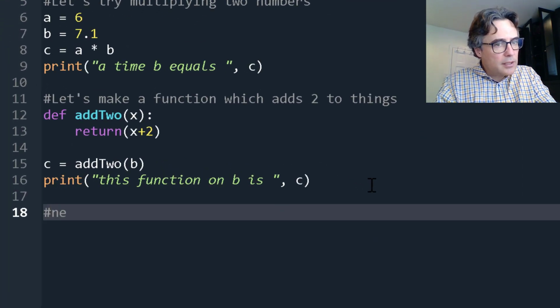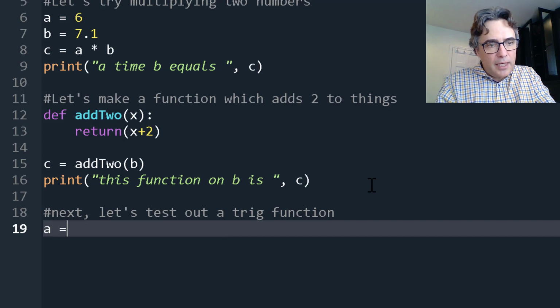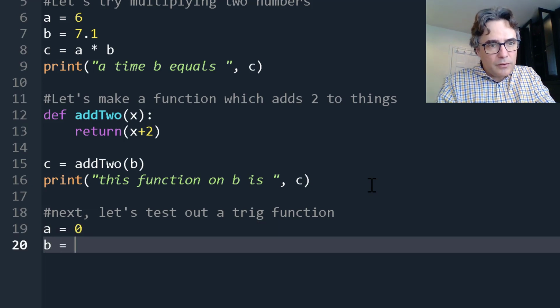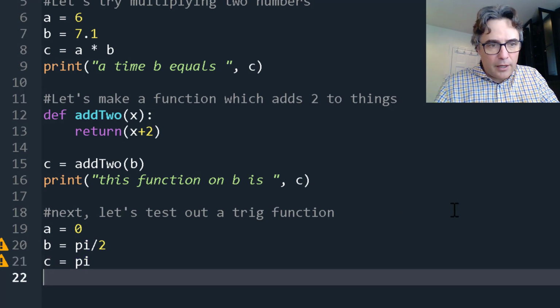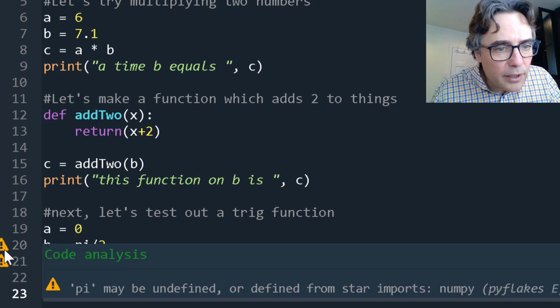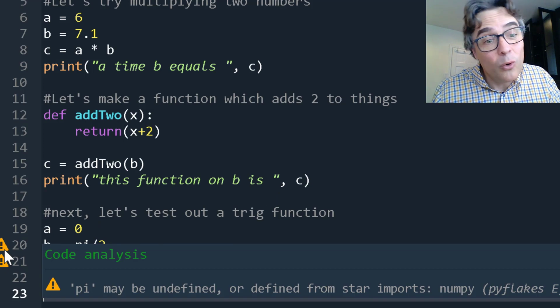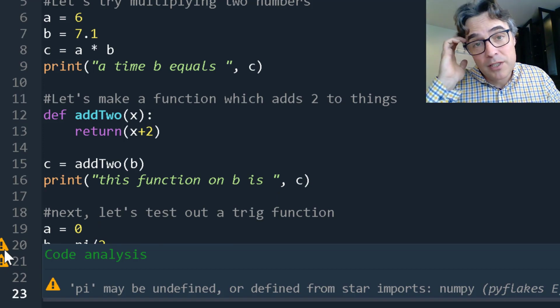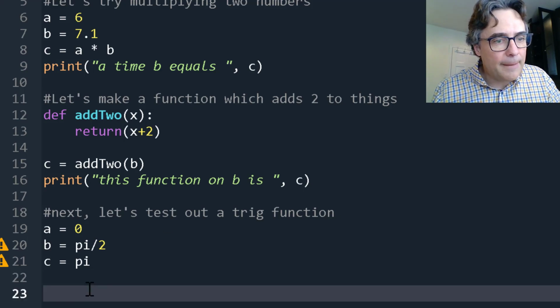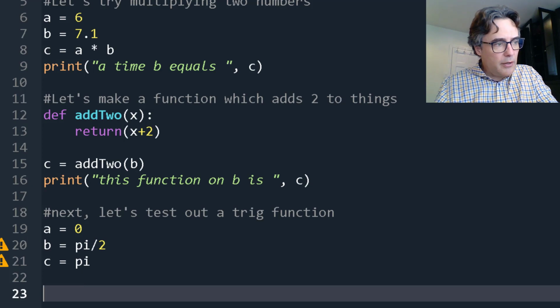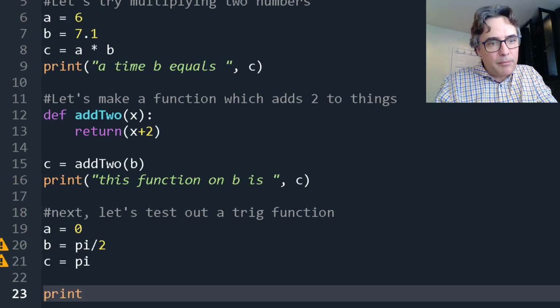Okay, next let's test out a trig function. So what if we say A equals 0, B equals pi over 2, and C equals pi. Now, the exclamation points that it's showing here is pi may be undefined, or it might be defined from the star imports. So this is one of those things where instead of doing import, I could have put pi there, but it should work. So now I could do, for example, print